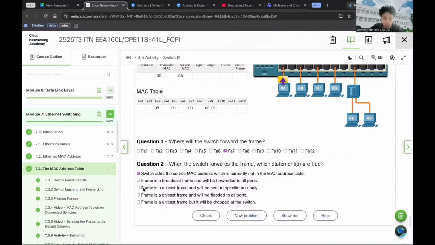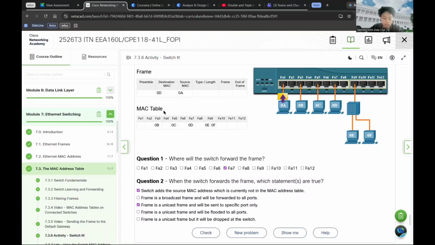Then for the second, I chose this one: the frame is a unicast frame and will be sent to a specific port only. Why? Because the frame is destined for one specific device, 0D. So it is a unicast frame, since the switch already has the destination MAC 0D in the MAC table mapped to port FA7. It knows exactly where to send it.